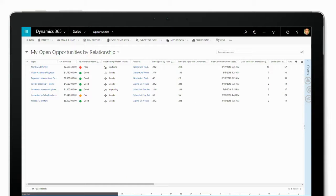Let's open up my list of open opportunities my team is working on. One of the leading indicators of whether a sale will close is actually having good relationships. So if I look here, I can see the relationship health of each opportunity. The system will take the information which is available in Office 365, looking at the meetings my sales team is having with our customers, looking at how many emails they are writing, and collecting all this data and predicting how good it is. And here I can see, for example, Nordwind printers, we have a quite poor relationship,